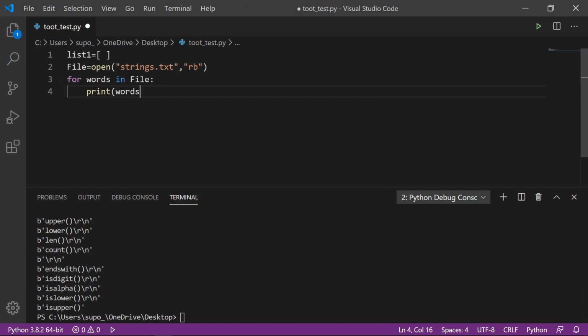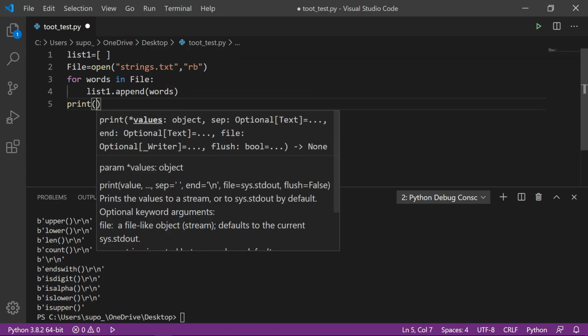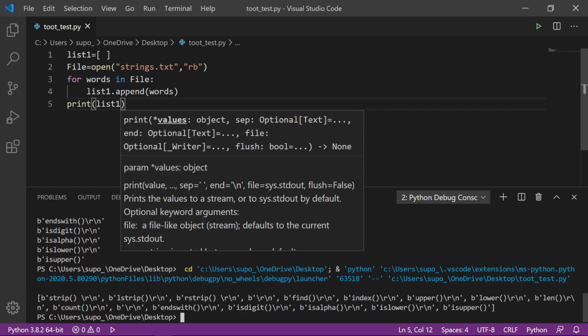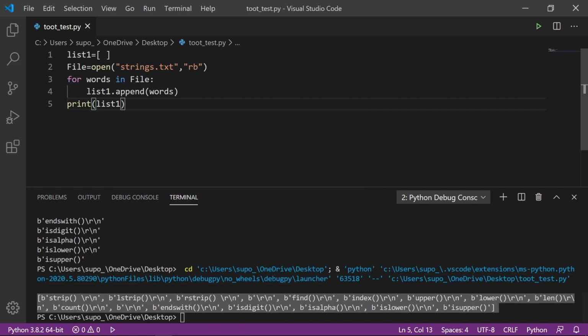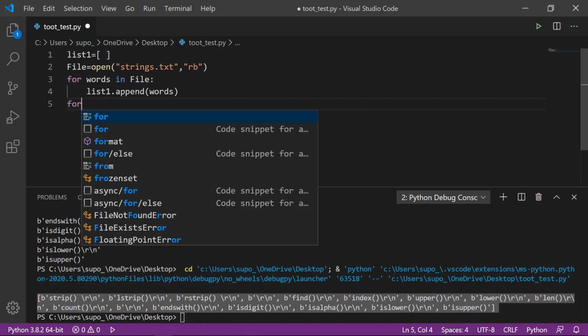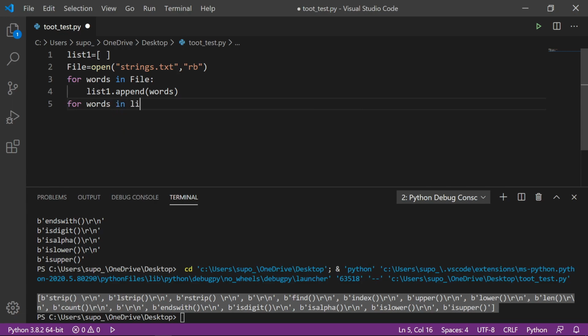I think I will do here something like list1.append(words). Okay, so print list1. You can see here it is printing the list of all the text in that file strings.txt, and I have to remove that \n and b. So I think I'll do something like for words in list1,